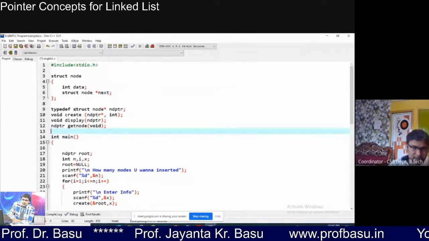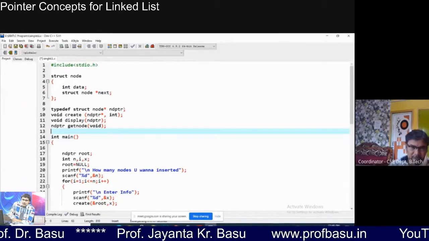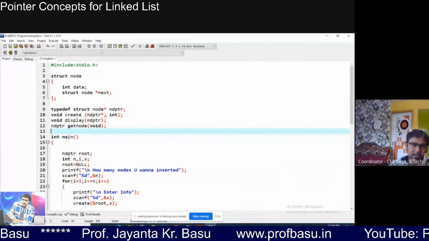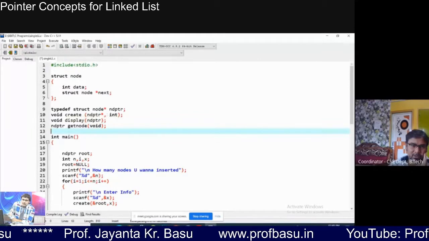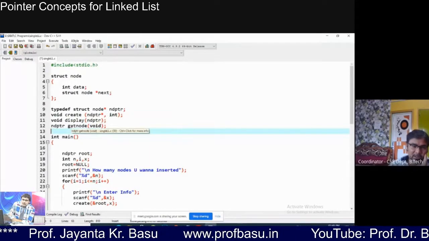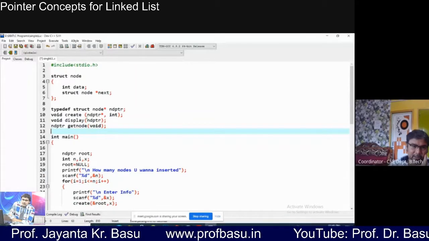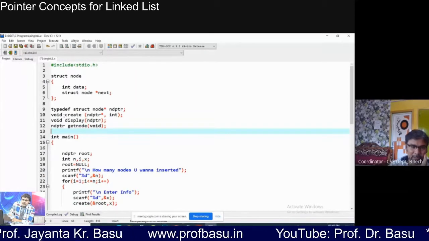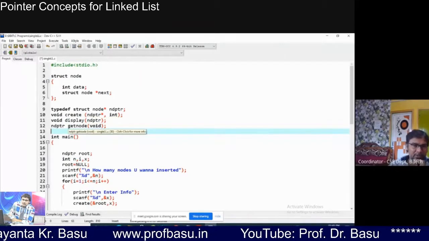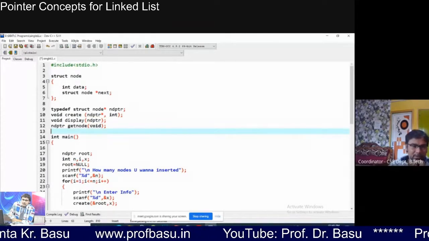Here struct node star is replaced by NDPTR. And I have written here that to create a list, I have written a function. To display the list, I have written another function. And to write this create function, I need another supporting function, that is getnode.